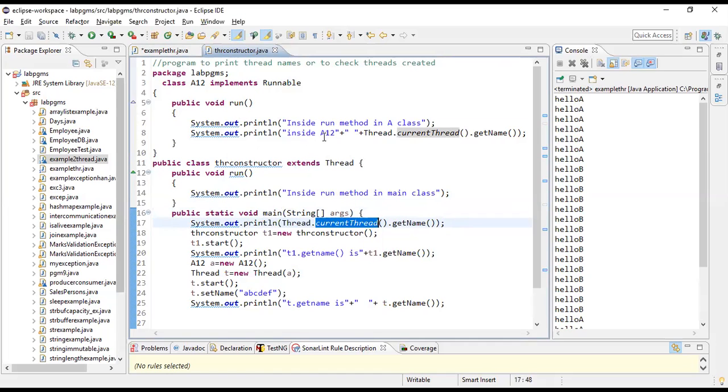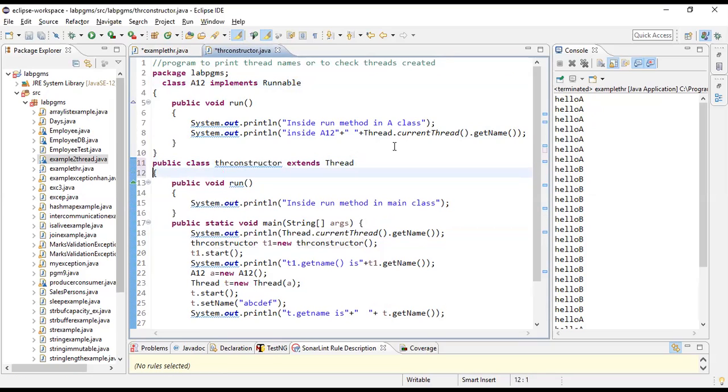If I go to the run method of this and write current thread, then obviously the current thread will be your A12 thread. If I go to this particular run and write the same statement, Thread.currentThread, then that will be this particular thread. Current thread will always give you the thread which is currently under execution. Now I am writing System.out.println Thread.currentThread().getName(). GetName is a method. Though you can set the name for a thread in Java, by default the system will generate some name. That is what we are checking here.